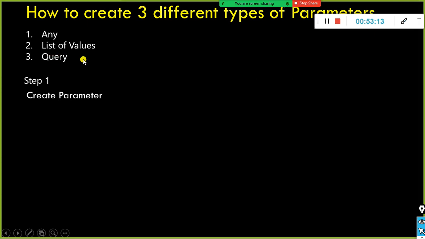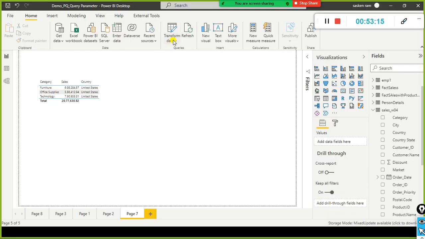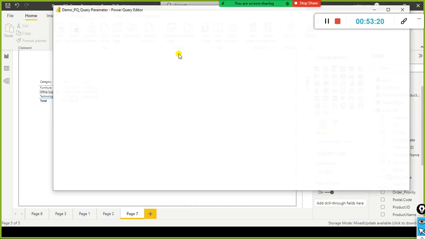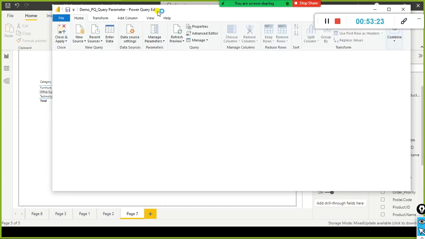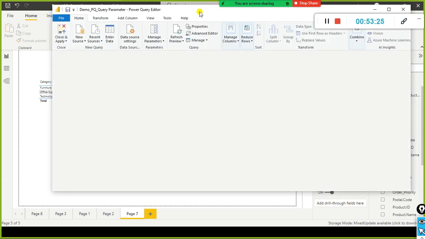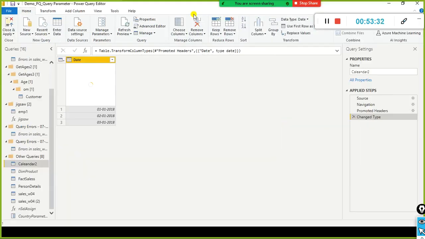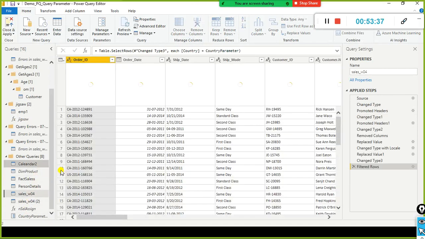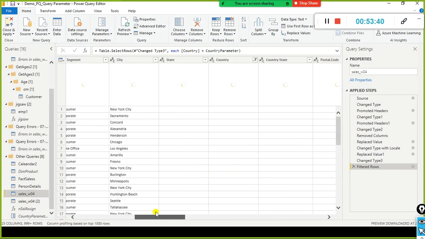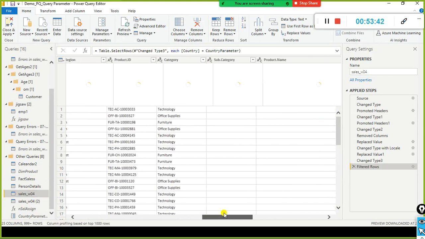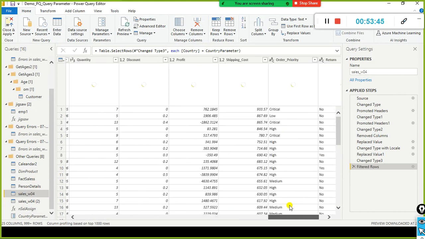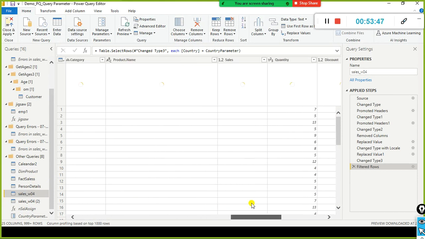The next one is query parameter. Query parameter is also the same thing, though what I am going to do is a little bit different. I'll go to the Power Query Editor. First, I need to create a query here. In this case, I am going to the sales W04 table. In this, we have a country column. That is where we map the